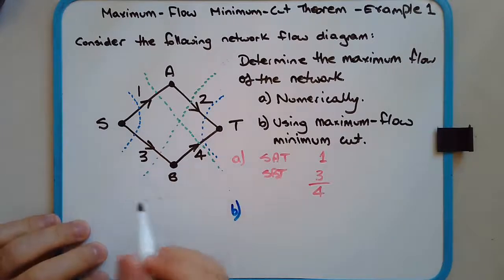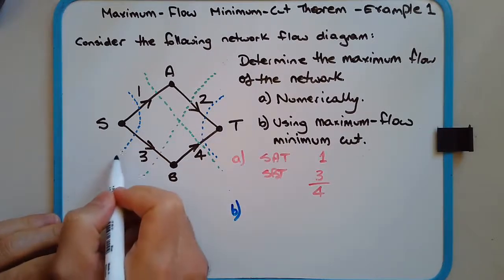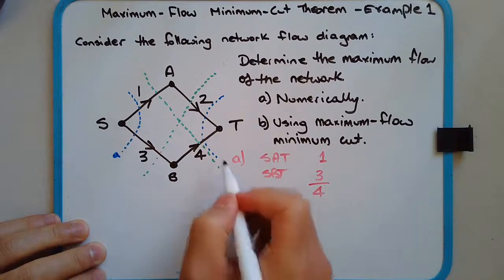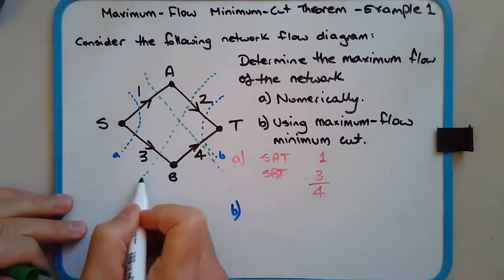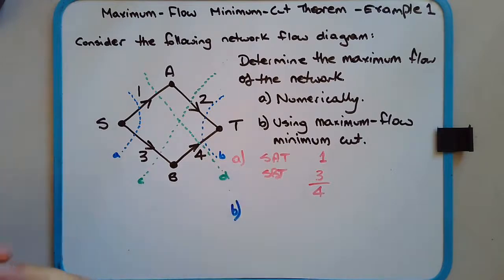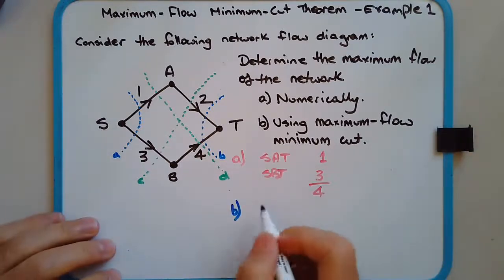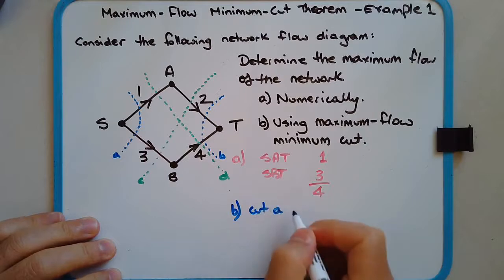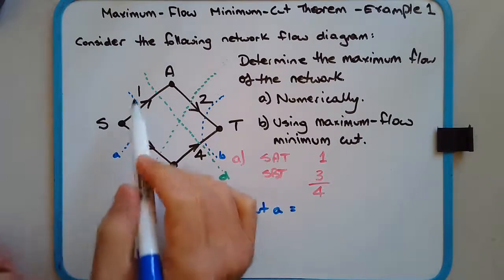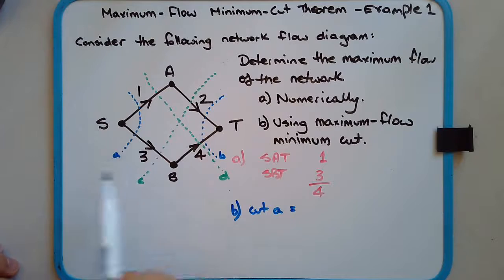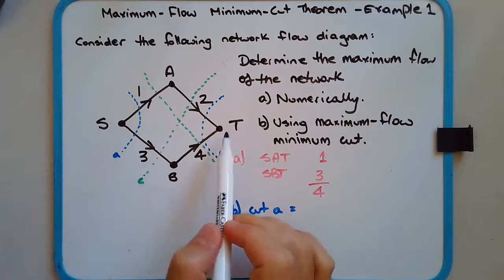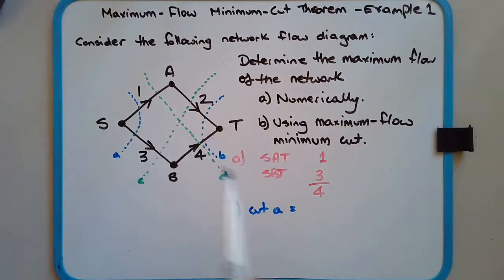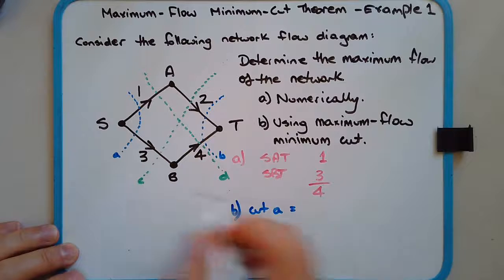Okay, so I might actually label these cuts. Let's call that cut A. Let's call that cut B. Okay, let's call this one cut C and cut D. So cut A is equal to, now you sum the edges. Okay, so all of these cuts are valid cuts, of course. So each one of them will cut off the source from the sink, so that they'll be isolated from each other. So cut A is 1 plus 3,